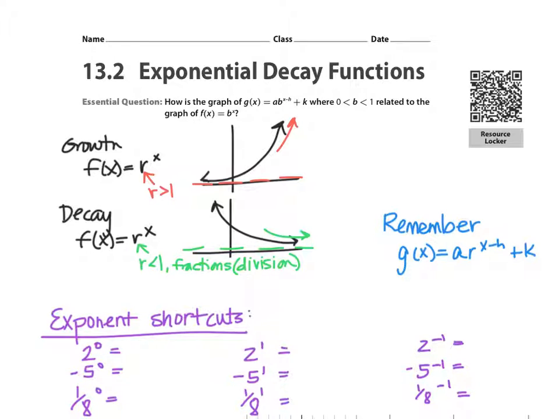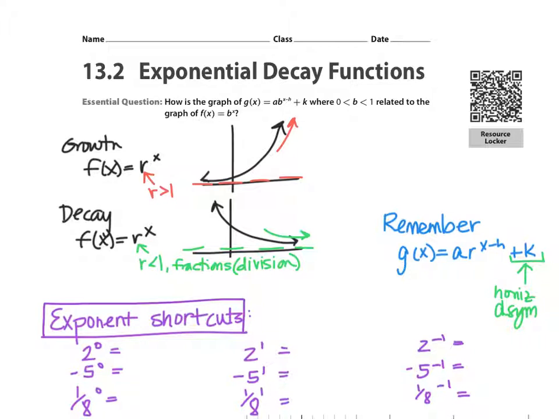Remember from your previous lesson that really the number one thing that I need you to remember is this last value out here, whatever you're adding or subtracting at the end, is your horizontal asymptote. That's what you need to remember from that. And then I wanted to make one note. I don't know that I did a great job of touching on this in the other video, so I just wanted to remind you, exponent shortcuts, this is what we're going to use to graph,